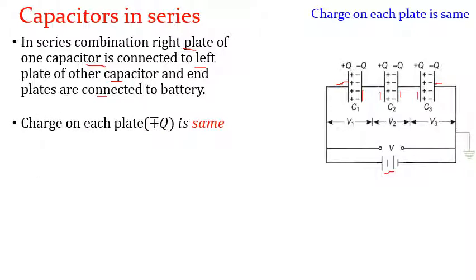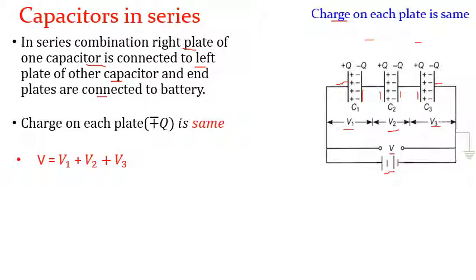This is how we can say series combination of capacitors, one after another. Now in this case you have to remember, as series combination is there, the charge on each plate is the same, or the current is the same. This is the key point. While the potential V is divided in three, V1, V2 and V3. These two are the main key points in this combination.